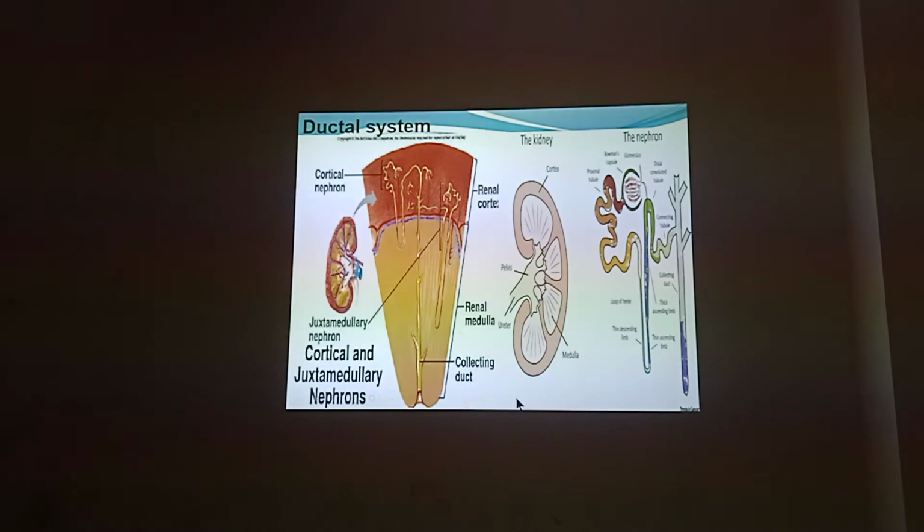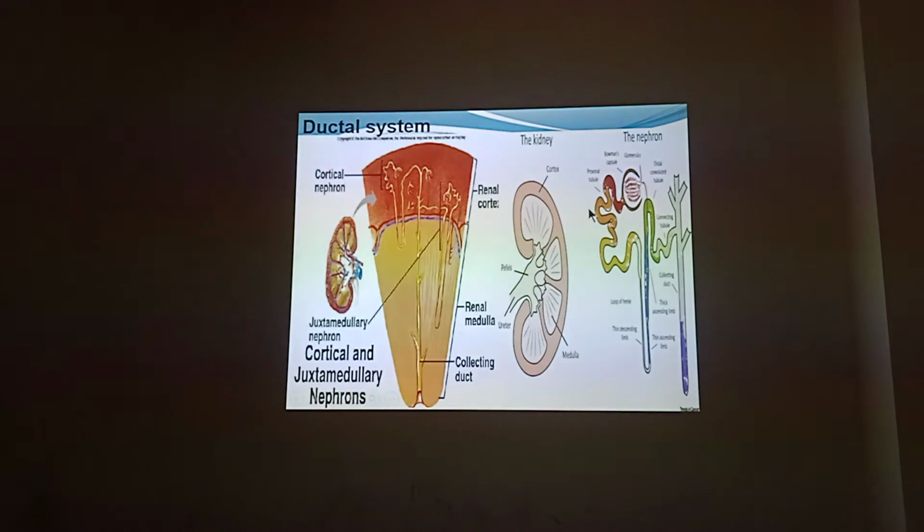Below that is the ureter, and from the inferior pole of the kidney, it is renamed as renal pelvis, which opens into the renal sinuses, then major calyx and minor calyx. Okay,